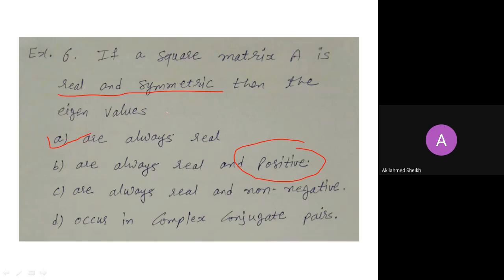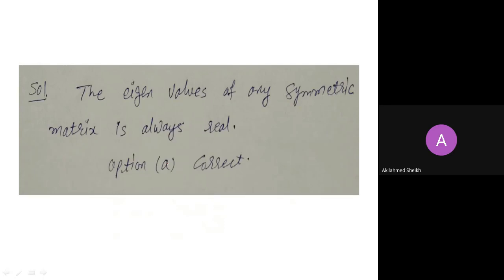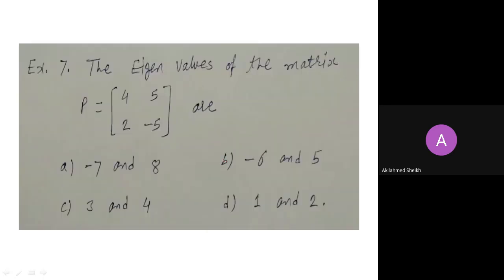If the given matrix is symmetric, then the eigenvalues may be positive, negative, or zero. We can't say which is positive or negative. Hence, the real option is correct here. The eigenvalues of any symmetric matrix are always real, so the option is correct. This is the explanation. Now, next here, the eigenvalues of the matrix P with rows 4, 5 and 2, minus 5 are...